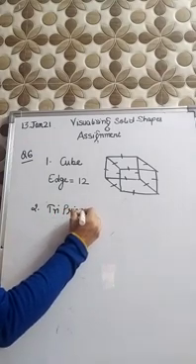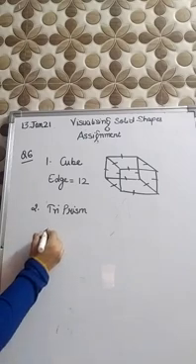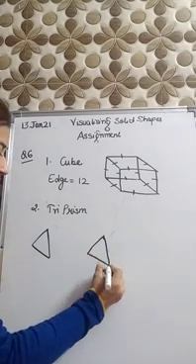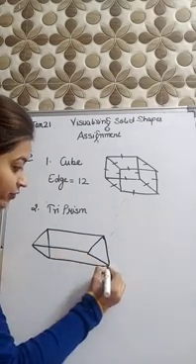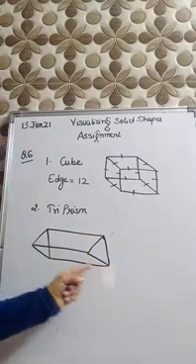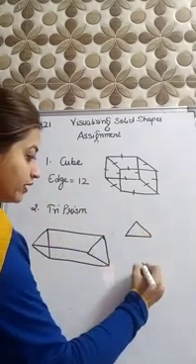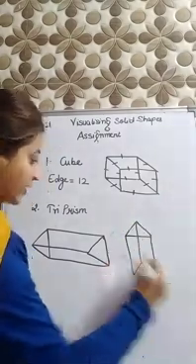prism. But in case of the prism, you all know that the upper face and the lower face is same, and it is clear from the name that you have to draw triangular prism. So you will draw a triangle at the upper face as well as at the lower face. Then you will join the respective vertex of this, and in this manner you will get triangular prism. I have drawn it in the horizontal manner. If you want to draw in vertical manner, you can draw. It's again very easy. Now join the vertex and you will get triangular prism.